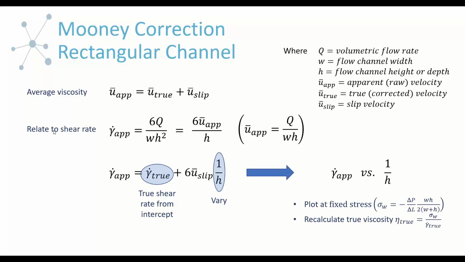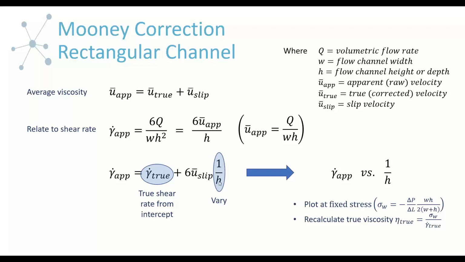So let's go and try to relate this to shear rate, which is something that we can easily work with. And so we know the relationship of the shear rate to our volumetric flow rate and then the channel dimensions. And then we can relate this further to this average velocity. So these known relationships can help us take this equation to something that we can more easily work with, and that is dealing with the apparent shear rate that we get. The software gives us this, and then